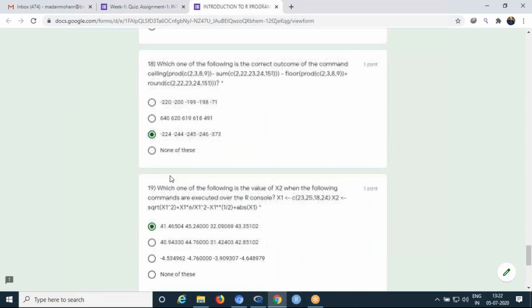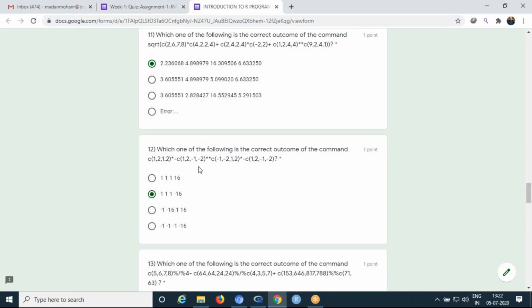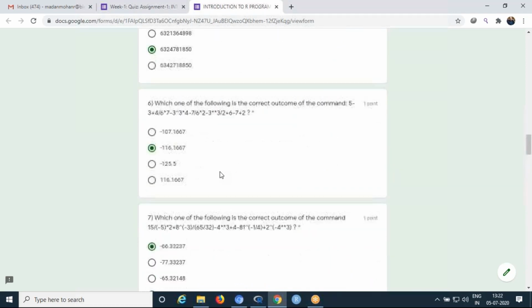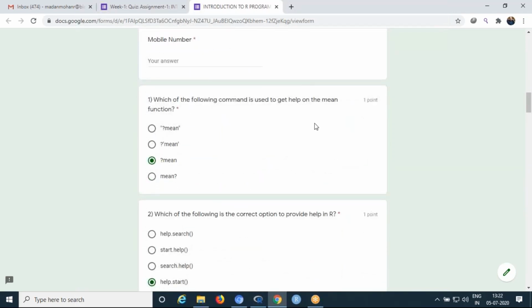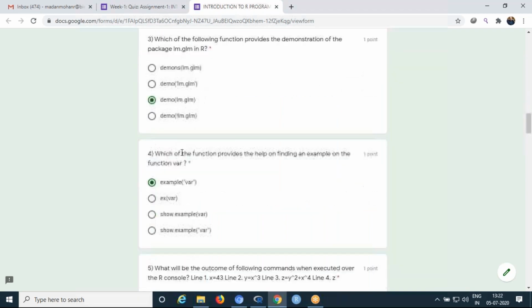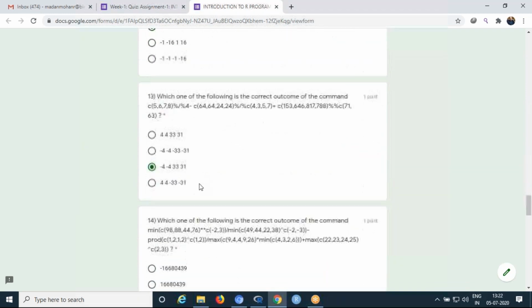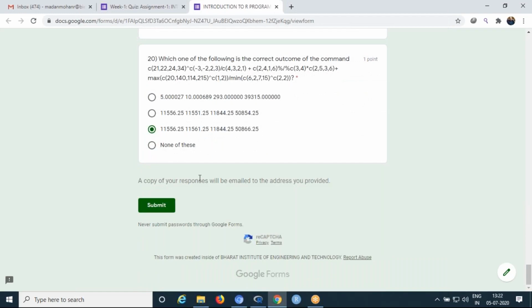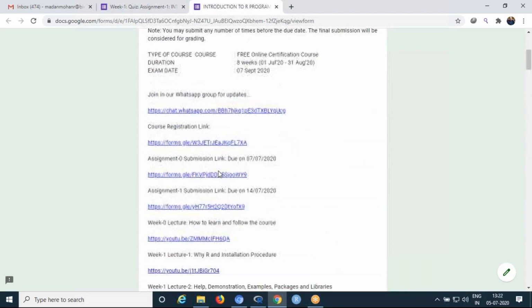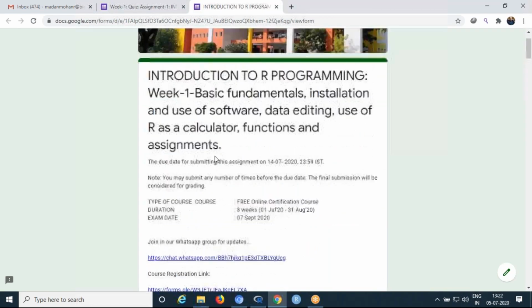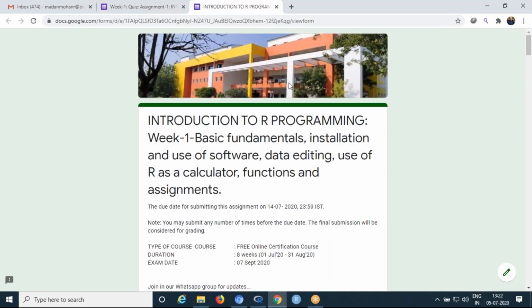So like that here you can see without our R software, manually we can't solve all these questions. That's why you have to practice assignments like this. With this you will get more exposure. Whatever the commands, you can type and check out which is the correct one. Before submission you can go through several times, then you can submit your assignment. So like that you can practice all assignments, then you will get the clear exposure.